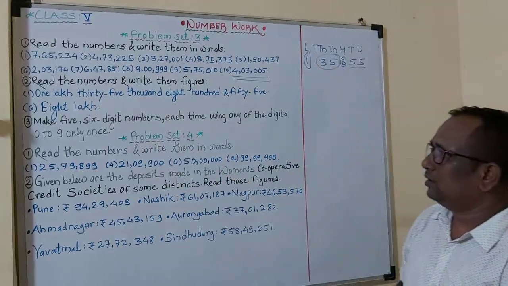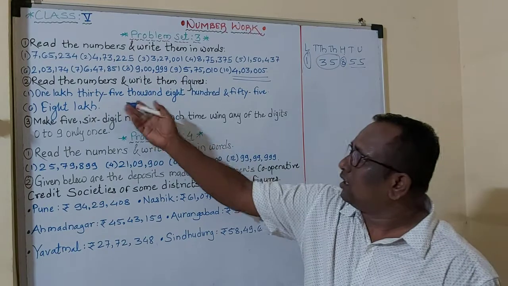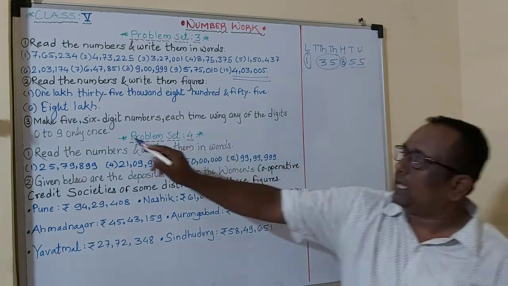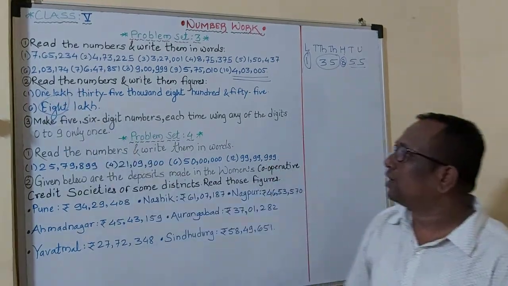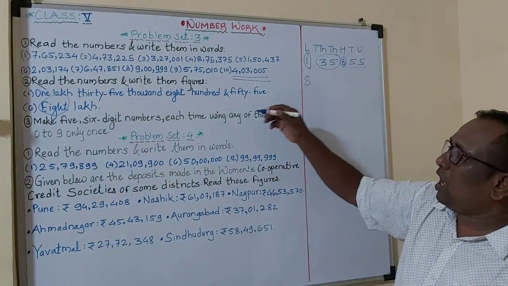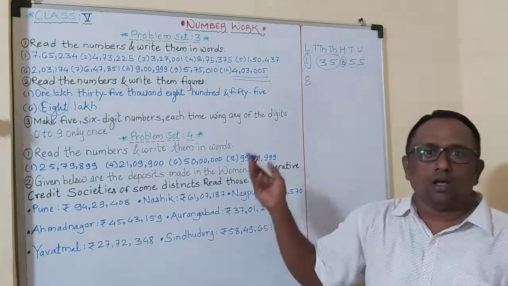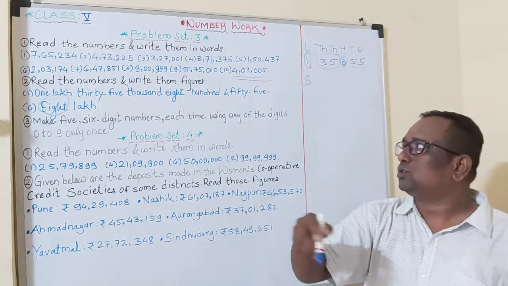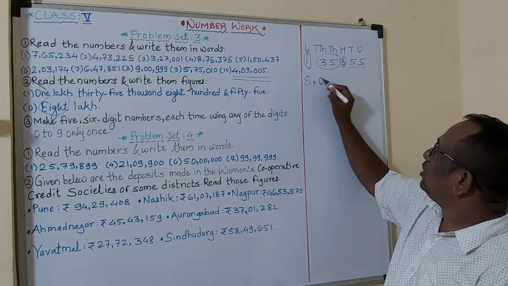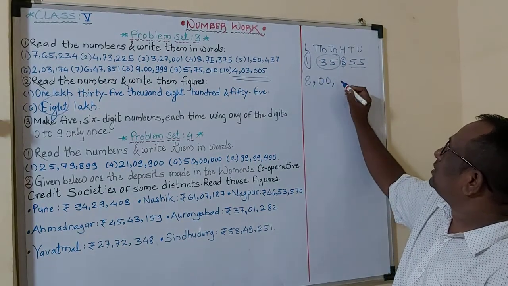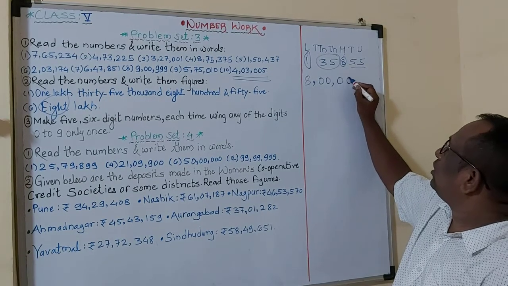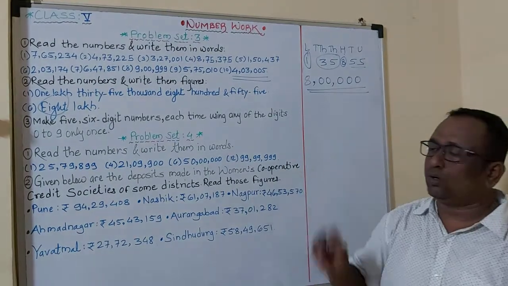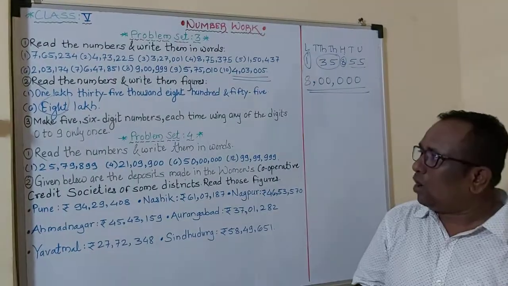Now 8 lakh. Here for 8 lakh, nothing is given. Again the same, which number is there with the lakh? This 8. So 8 will be written here, and where nothing is given, you know there is always 0. So for the remaining places you have to give zeros: 2 zeros to the 10,000 place, then 0, 0, 0. This is 8 lakh. This way you have to write. I hope you understand this.